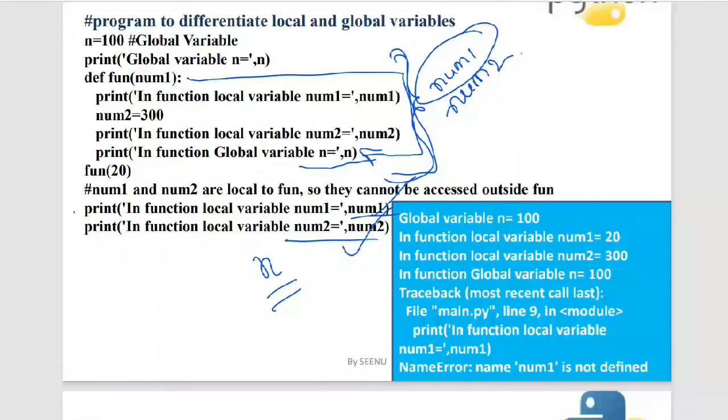But here you can see that I didn't associate local or global keywords. Local keyword is not there. Non-local keyword is there. Global and anything I didn't associate. But automatically, based on the position where I have declared the variables, it is considering some variables to be local and some variables to be global. So here I said n, I have declared it in the main program, so it is taking it to be the global variable. Based on the position where I have declared the variables, it is considering them to be local or global.